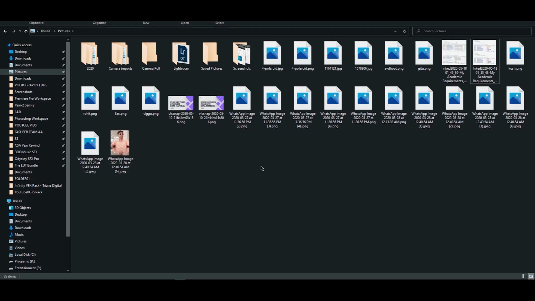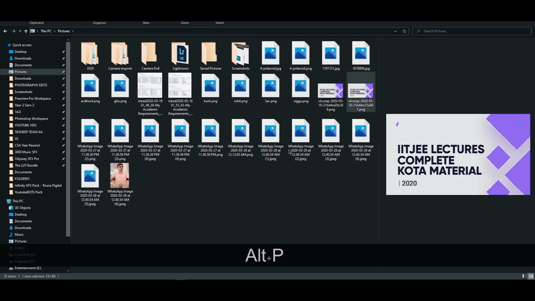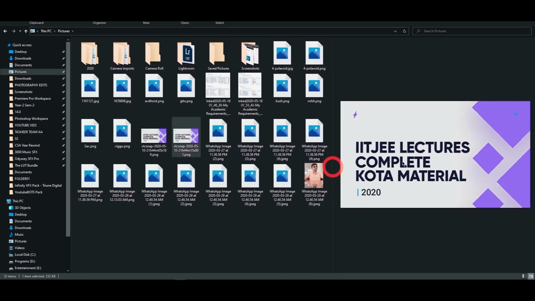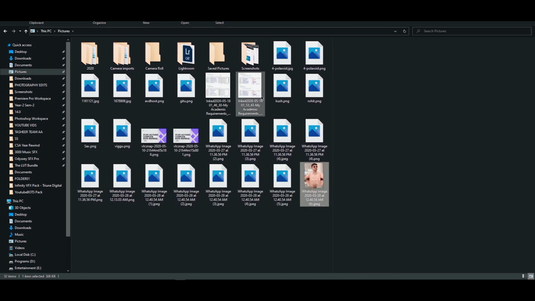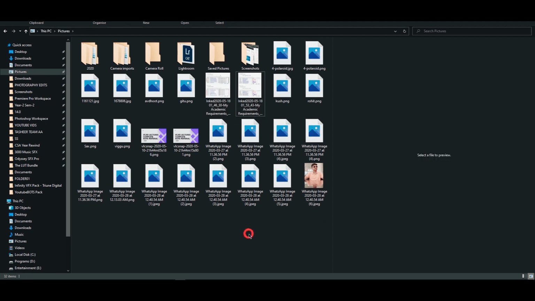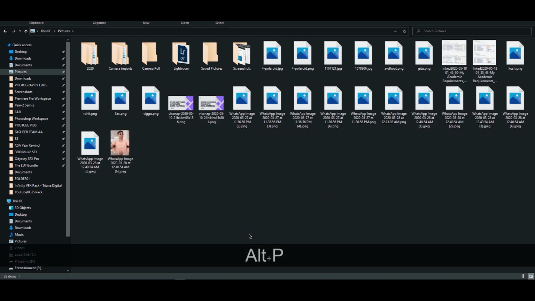The next shortcut is useful when you're working with images. You might not know how an image actually looks, and you can create a very small preview window for it with Alt plus P and you will get to see this window. You can also drag it so that you get a bigger window to see how it actually looks. It doesn't work for all extensions, but mostly works for JPEGs and PNGs. When you don't want it to be so big, you can simply disable it with Alt plus P again. This is very useful for designers.